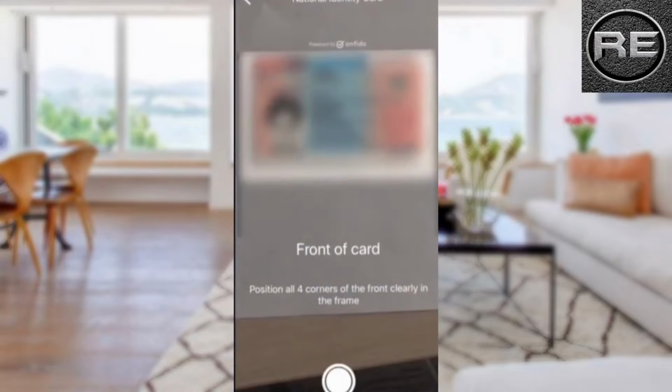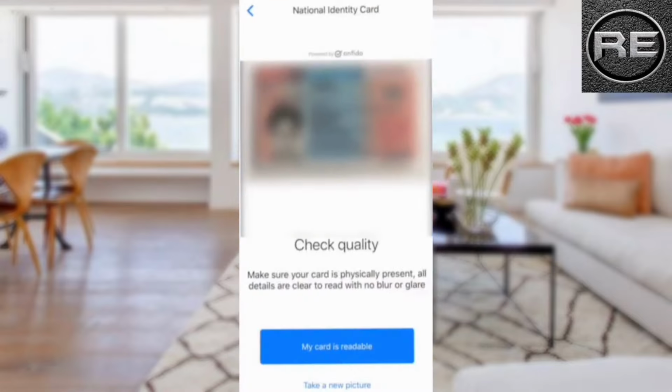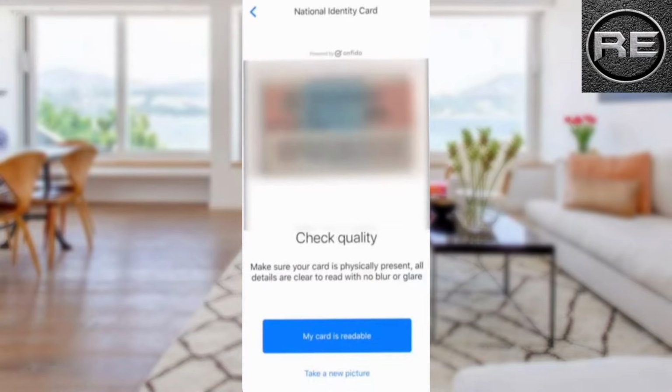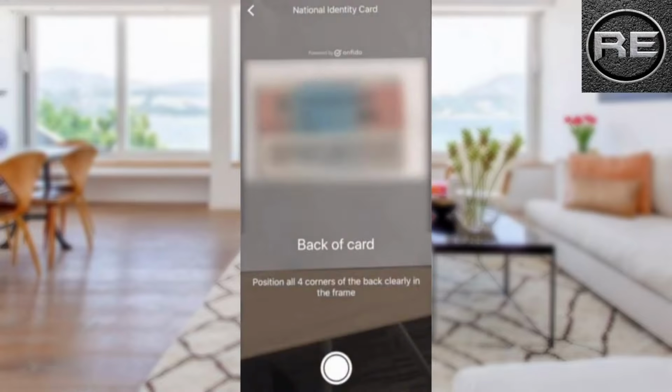So now please verify your identity. By your identity card, you can use your national ID card. You can also use your passport or driving license. So I am clicking on passport and I am submitting my passport photo to verify my account online. After verification of my passport, you have to enter your UK address and also make sure you have been living there for almost 3 years. After all this process, please verify your personal details and click on continue.